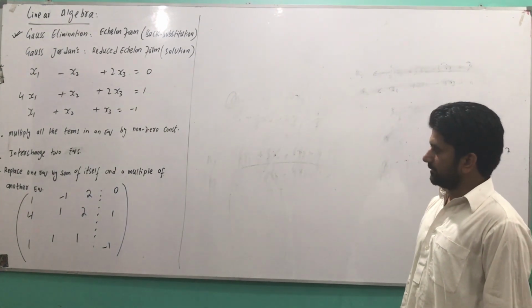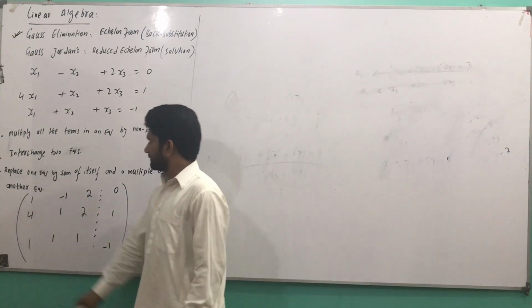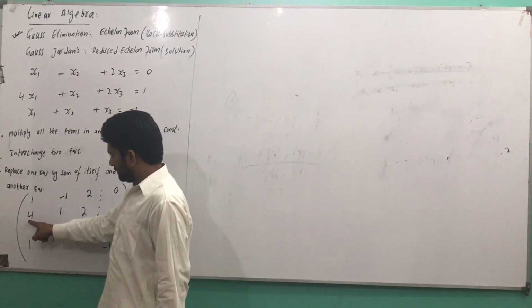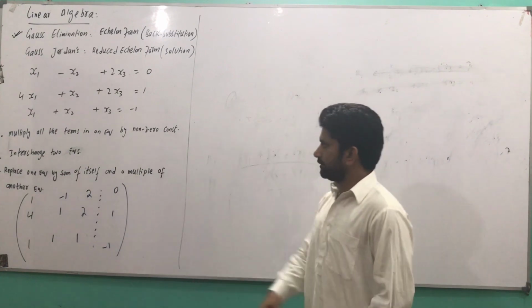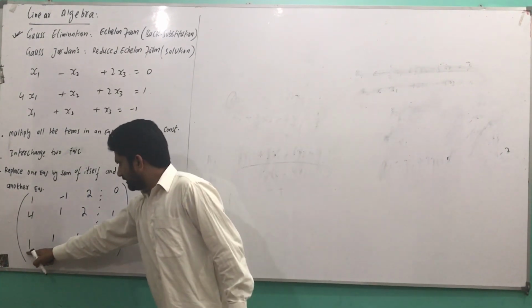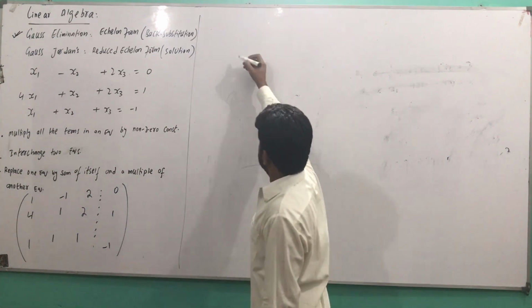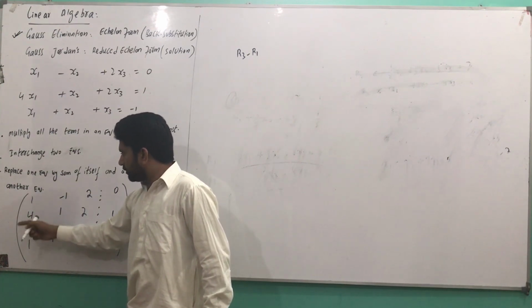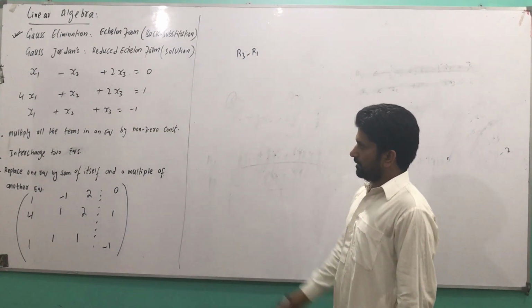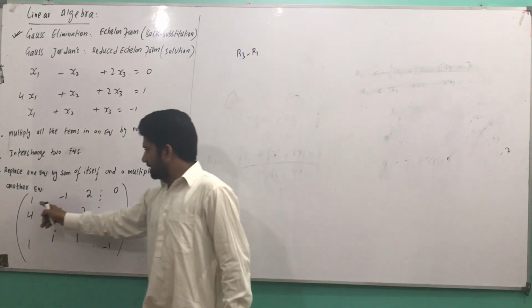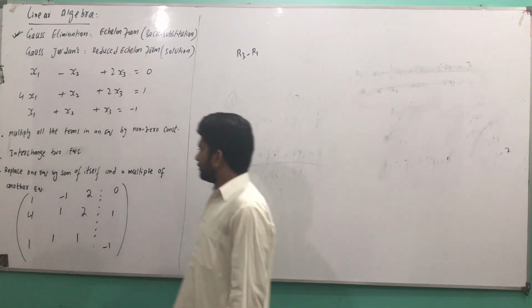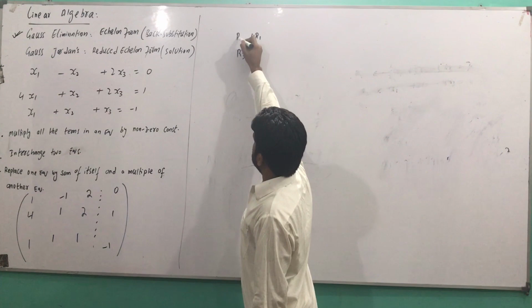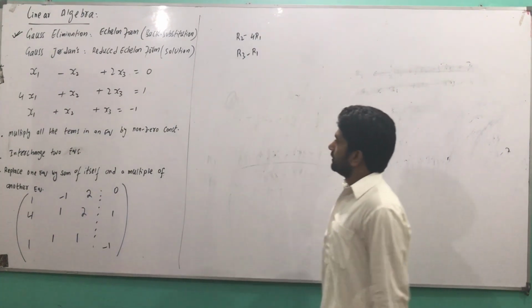So class, you see you already have 1 here. So what you do, you have to make 0 here and 0 here. According to these operations, this 0 can come easily when you do R3 minus R1. So when you do R3 minus R1, this will become 0. How can this 0 come? According to our strategy, when you multiply by 4 and subtract, you get 0. So 4 times R1 and subtract from R2. So what do you have?